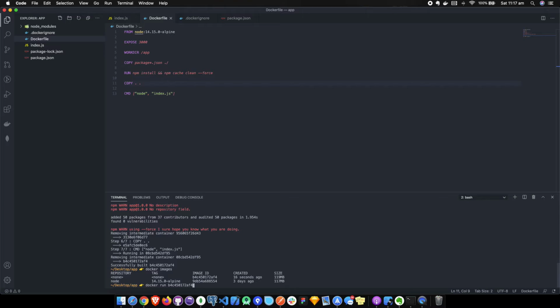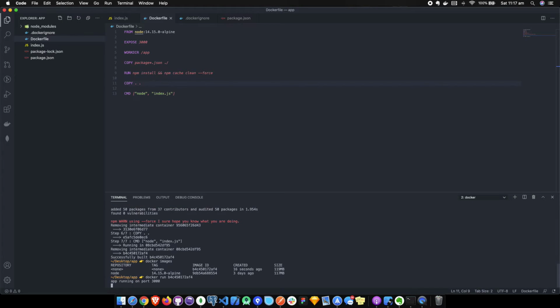and create our container, right? Wow, look at that, app running on port 3000. So we have literally just set up our app inside of a container, and it's all run using Docker now just by running these couple of steps. And that is literally all you guys need in order to get up and running with Docker for your Node.js application. Now you can stop this right here and be happy with that,